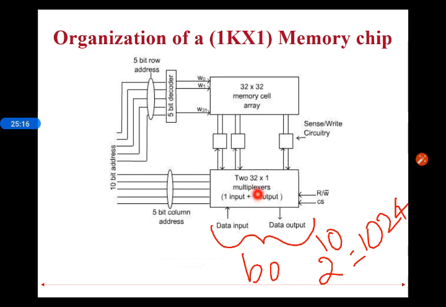With 1 bit, there is 1 input and 1 output line. When we are reading, we use this line as output, and when we are writing data, it will act as the input line. The data will go into this one. When we are reading, the data will go out of this chip. Similarly, here are the chip select and read bar, write bar. Those will control whether it is a read or write operation. Since we are using only one chip, the chip select will always be high. If we are using multiple chips, the chip select signal will vary accordingly.